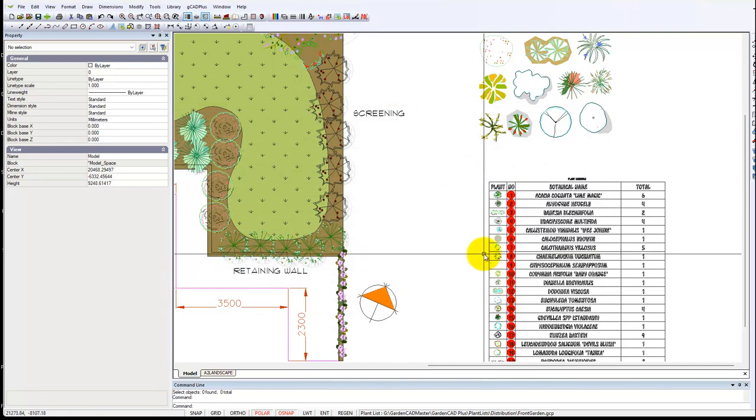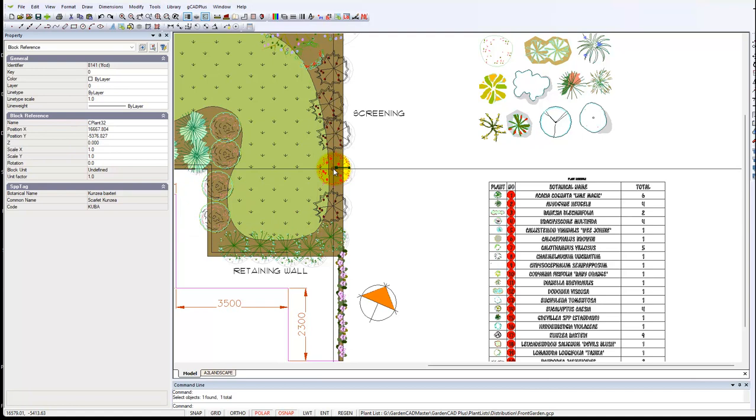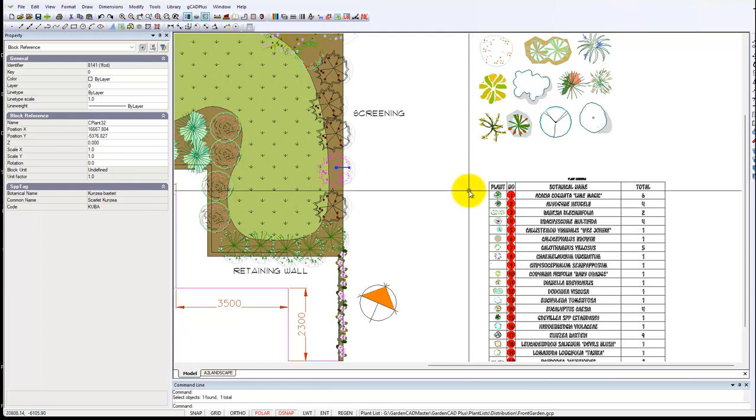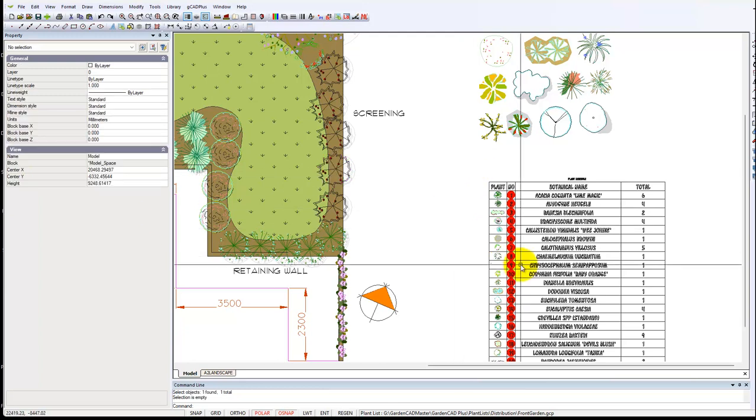and then they used that list and tagged every particular plant in the design. This one happens to be a Kunzia Baxteri, and they use all that information. Each symbol is tagged and generated a plant schedule. The question they've asked is, how can I send this information off to a nursery to quote me on supply